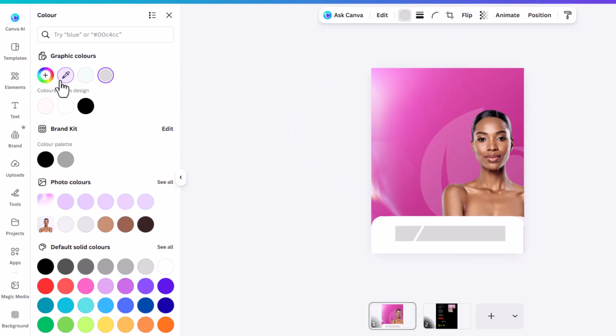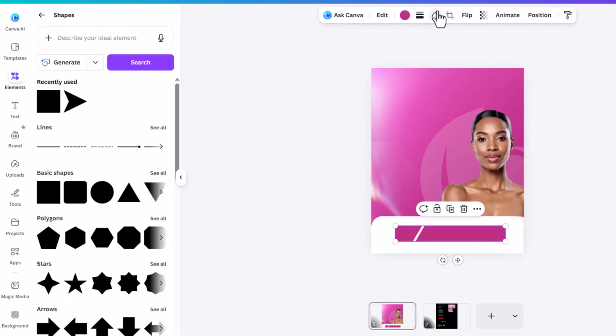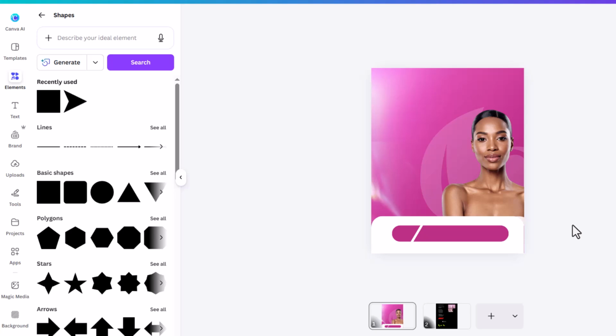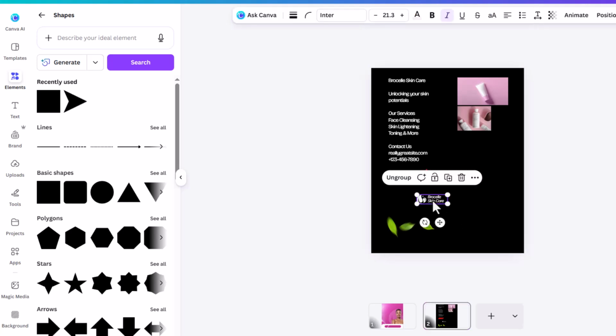So I'm going to use the color picker and I'm going to pick something of this nature. Okay, so what I can do is to use this one to round off the edge. I can either make it like this or make it just like this, or I can just leave it the way it is, but I like to round it off. Okay, make it a little bit bigger. Okay, now that we're here, I think we are cool now to start bringing in